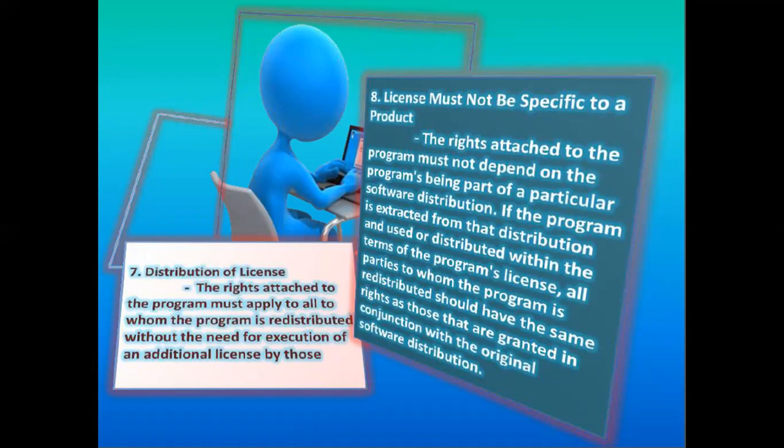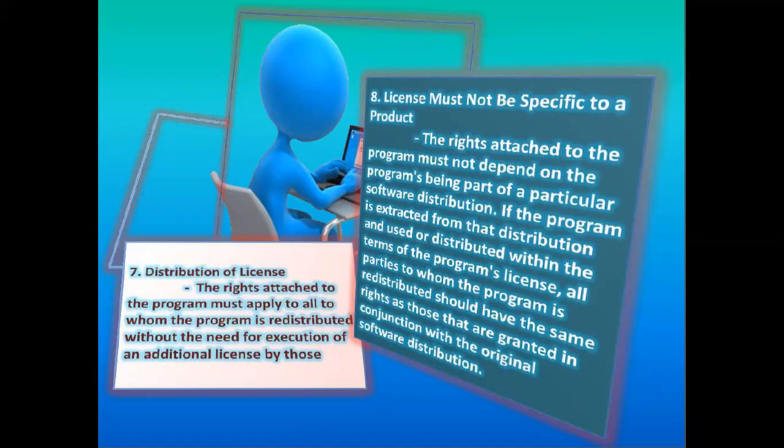Meaning, if you use an open source software program to modify and you build your own software, that software that you build must be redistributed without the need for execution of additional license, because as per the points in the open source system, if you get your resource in the open source system, it must also be allowed to be redistributed, because the purpose of this is for modification of software, for improvement of software, for the betterment of